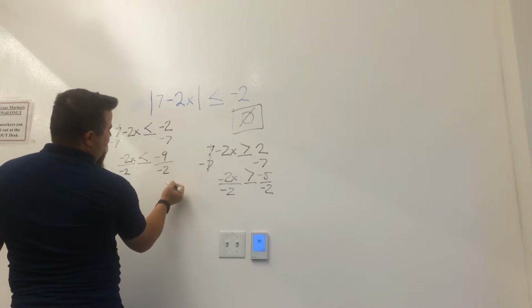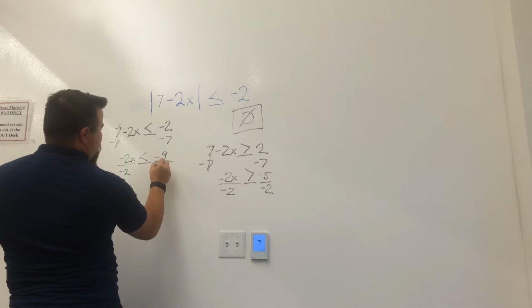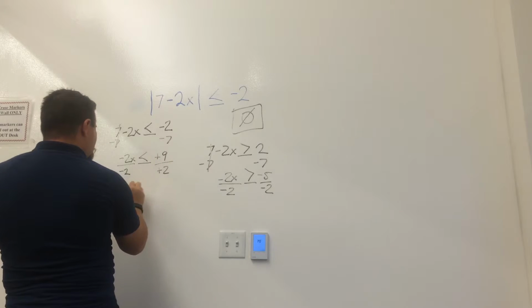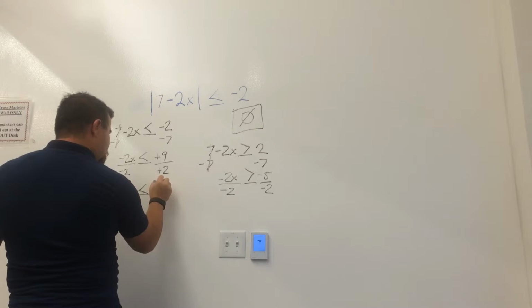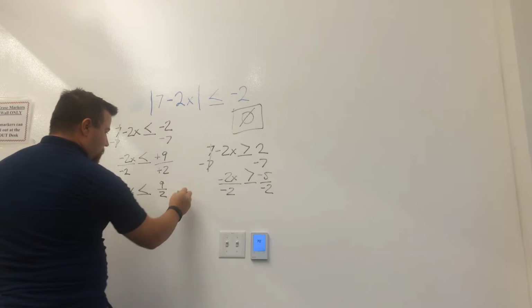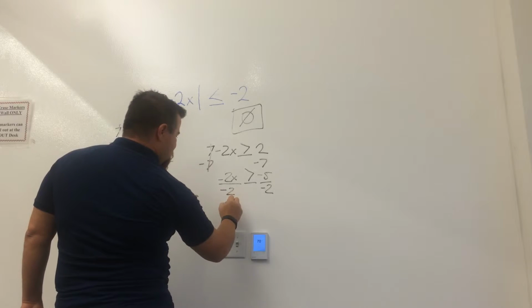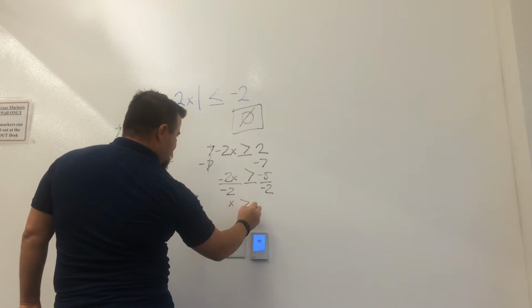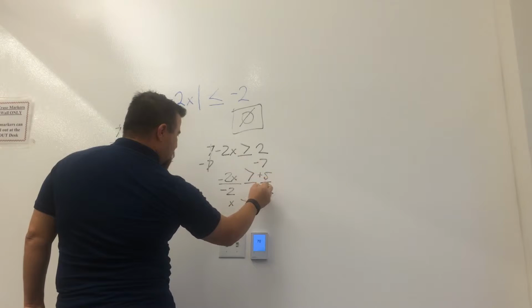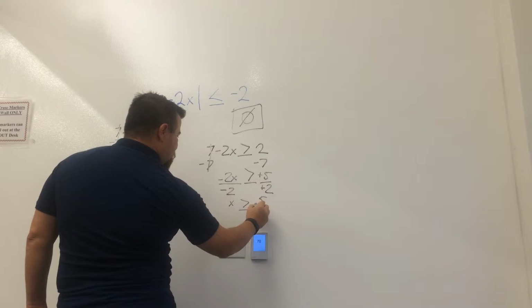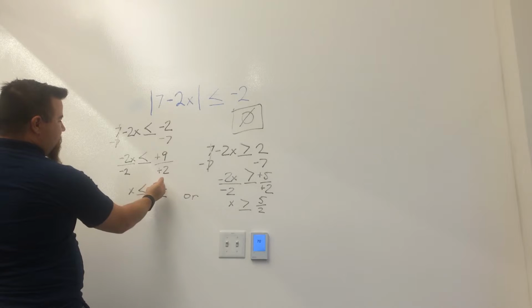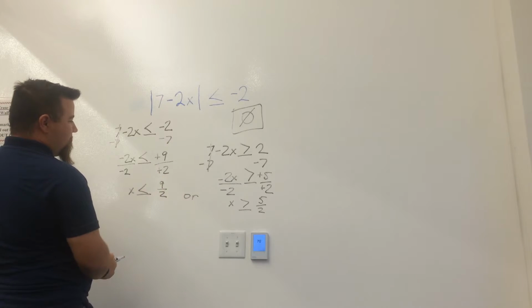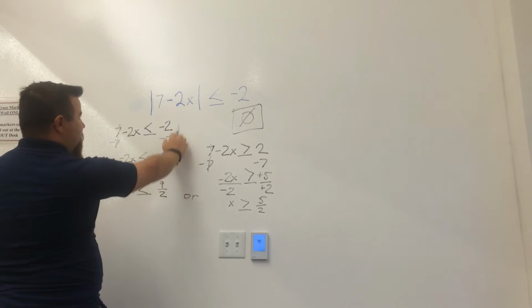And then when we got a negative divided by a negative, those turn into positives. And so then we got x is less than or equal to positive 9/2, or x is greater than or equal to positive 5/2, because they're both negative. So then if we plug these into up here,